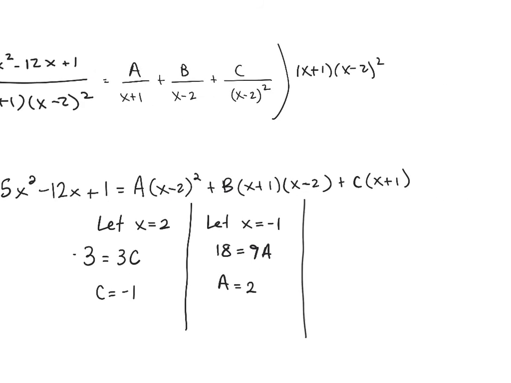Now the dilemma at this point is there are no more convenient values. We've already used x equals 2, we've already used x equals negative 1, but there's one more value that we have not solved for: b. So if you're out of convenient values for x, remember you can let x equal whatever you want. You can let x equal 10, you can let x equal negative 40, it doesn't matter what x equals. I chose convenient values for x that would cancel off parts of the equation. But we're out of convenient values, so at this point what you would need to do is just choose any random value for x. So I'm going to let x equal